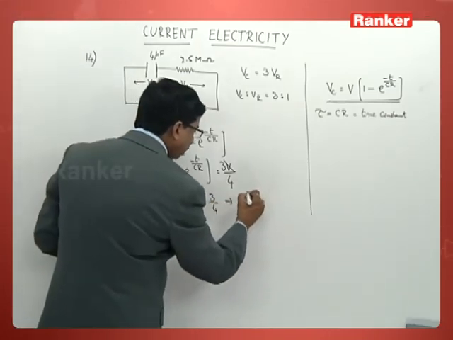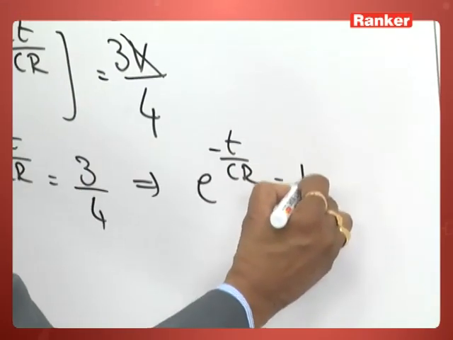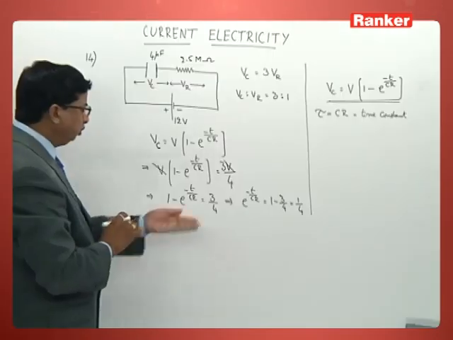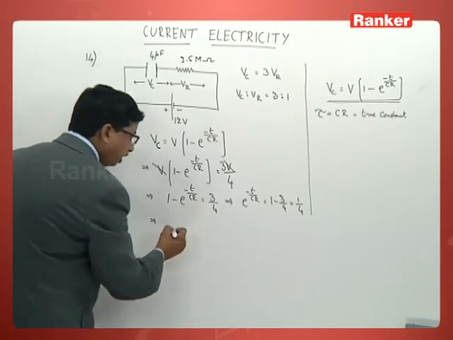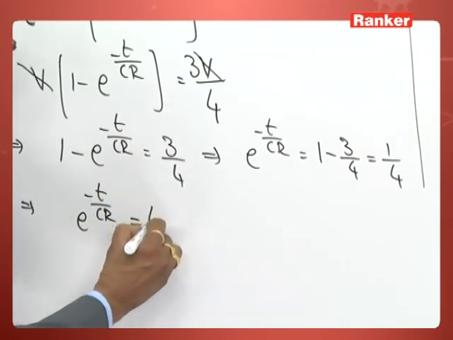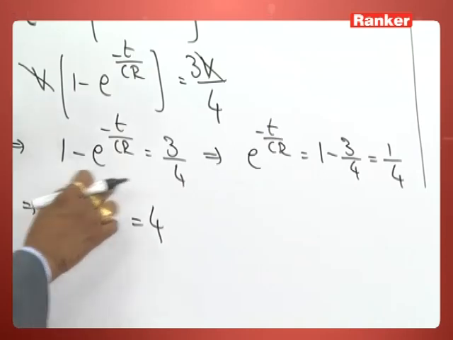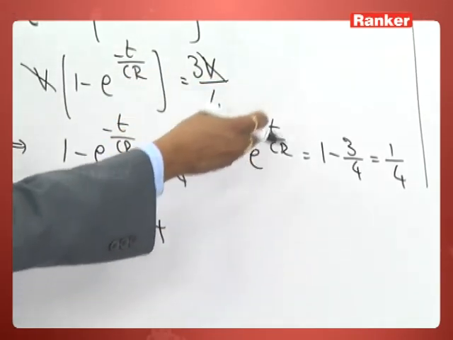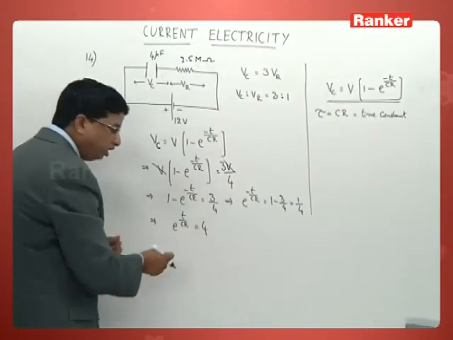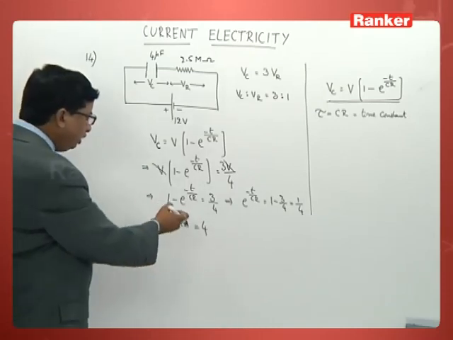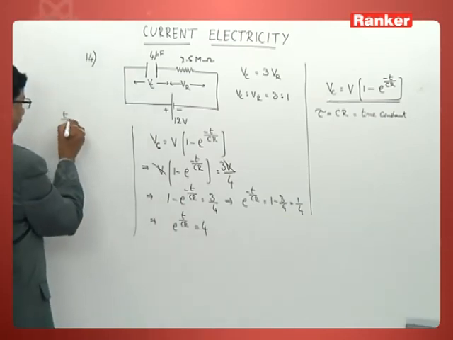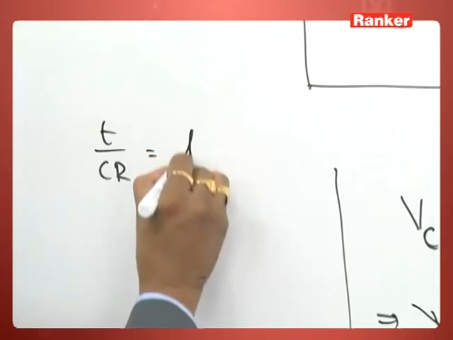Look at the next step now. You can write e power minus t by CR is 1 minus 3 by 4, which now becomes 1 by 4. But mathematically, it can be rewritten this way: 1 by e to the power t by CR is equal to 1 by 4. So e power t by CR can be written as 4. Then what is the next step you can write over here? t by CR is equal to log 4